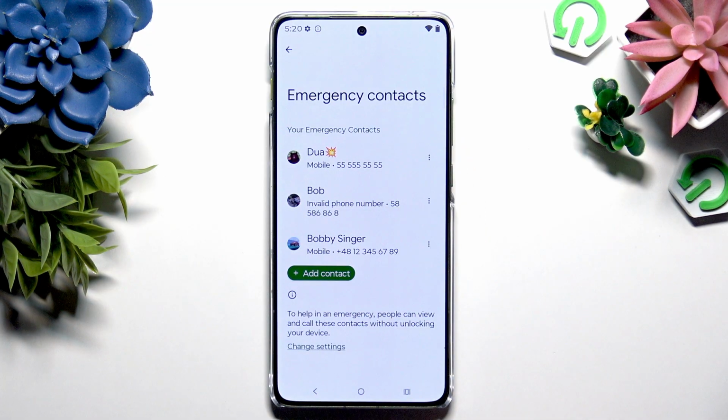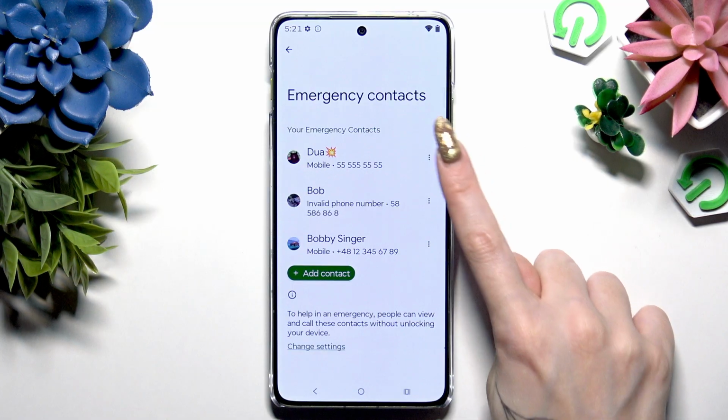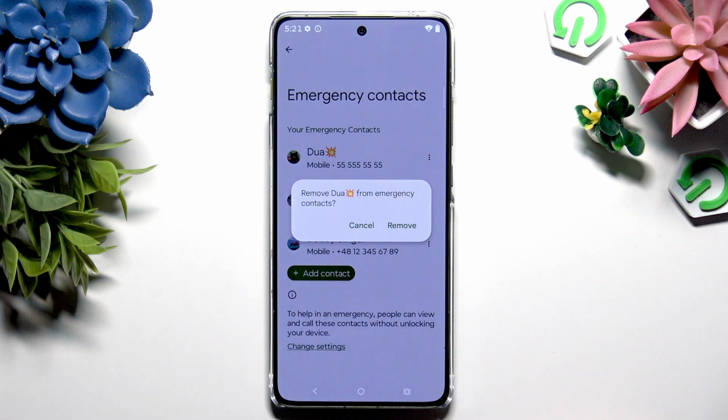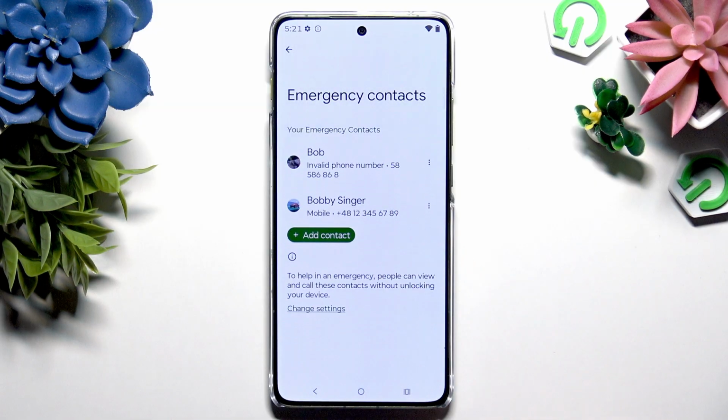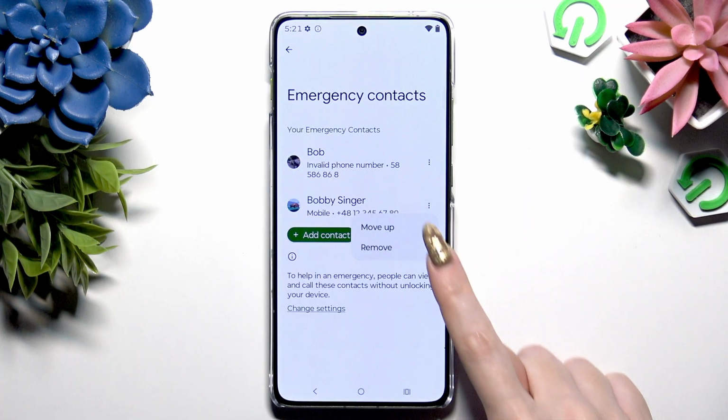To remove any of them from the list, not from your Motorola, use those three dots next to the chosen one and hit Remove. Then confirm your choice in the pop-up. If you wanna change order of your contacts on the list, click on the same three dots and pick Move Up